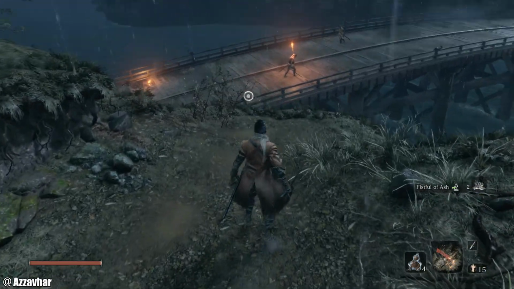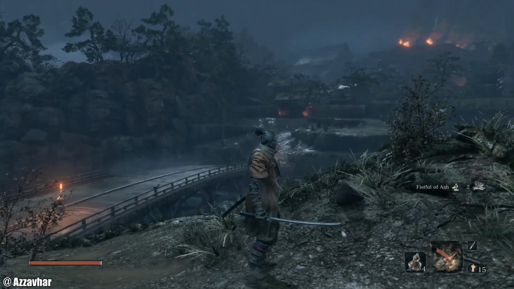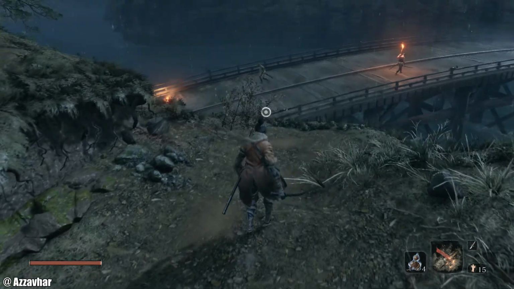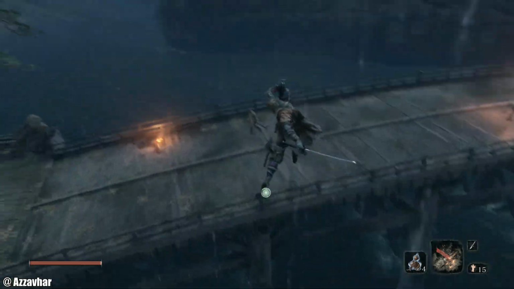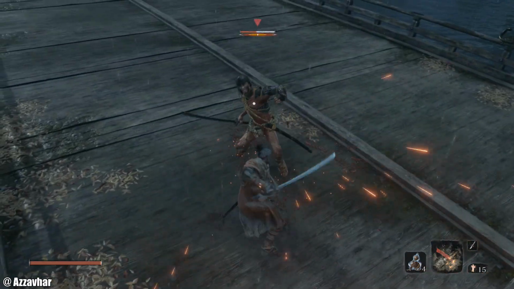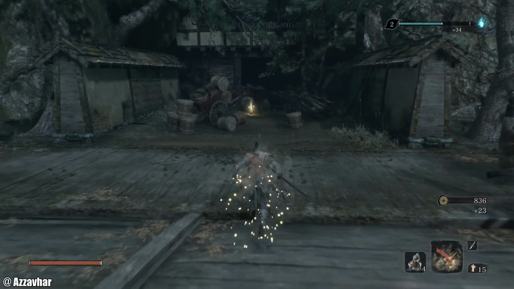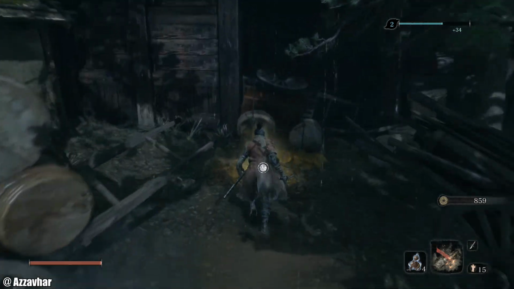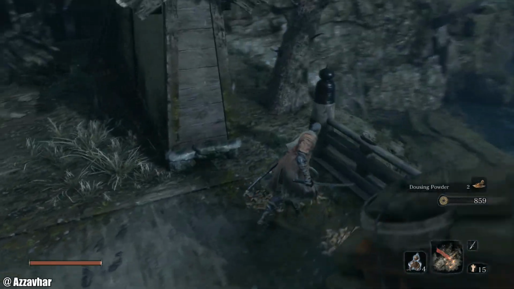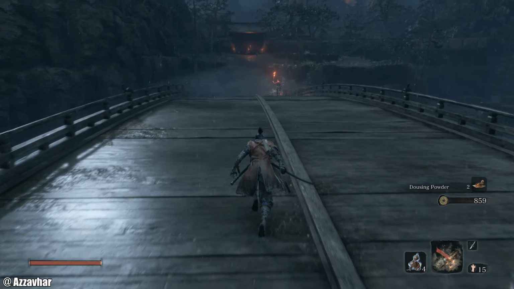So he doesn't remember it, but we're about to make him remember it by reliving it. So this is the Hirata estate, which is under attack by a bunch of thieves. Well, didn't get the stealth kill there, but there we go. I'll take it. Some dousing powder there that prevents against burn status,